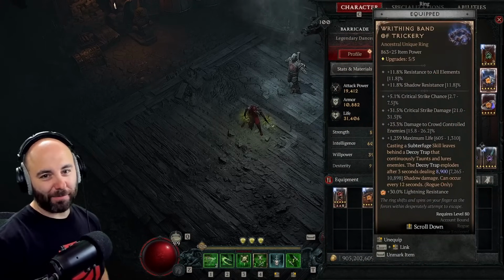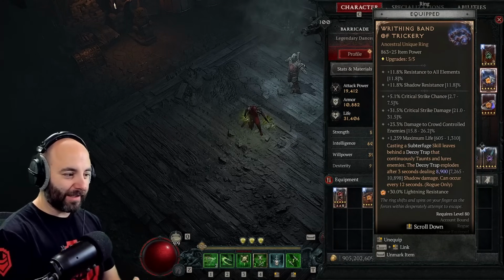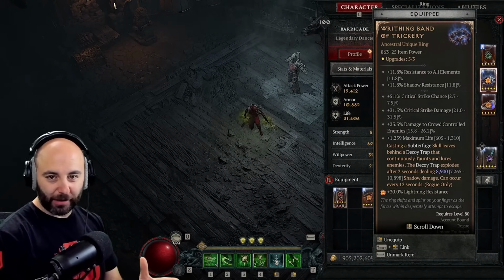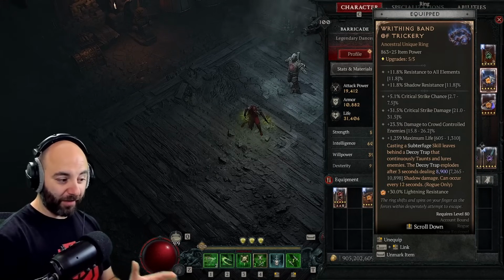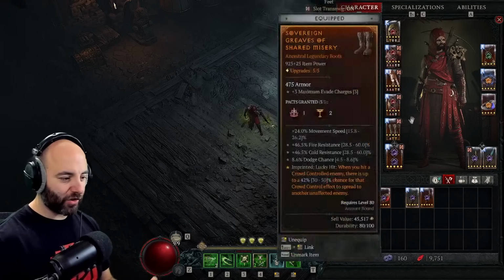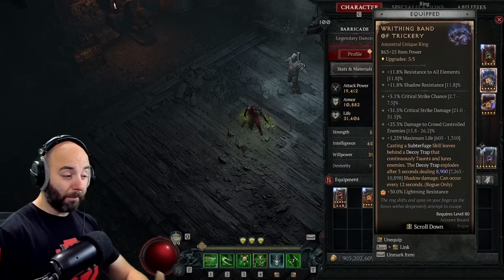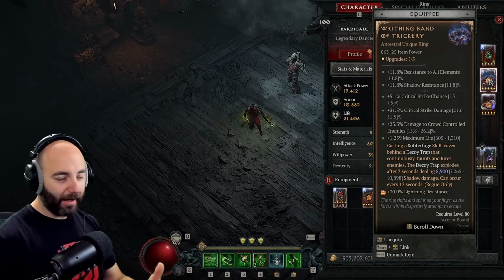Now, conversation piece number 1. I'm a fan of this ring, especially on content that could be really, really troublesome and maybe clap us, just hit really, really hard. Writhing Band of Trickery kind of saves the day for us. Anytime we use a defensive skill, in this case Poison Trap, every time we lay down a Poison Trap, we taunt things for 3 seconds, and then it has a 12-second cooldown. But when we place it, it's down for 3 seconds, and then there's a 9-second window of nothing getting